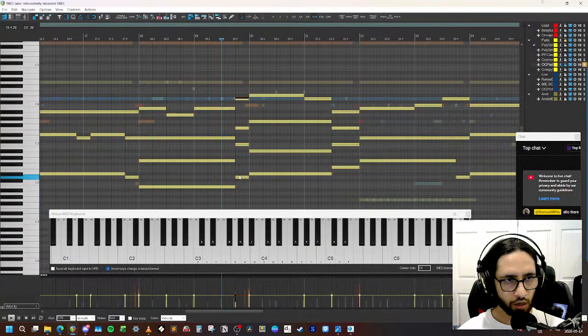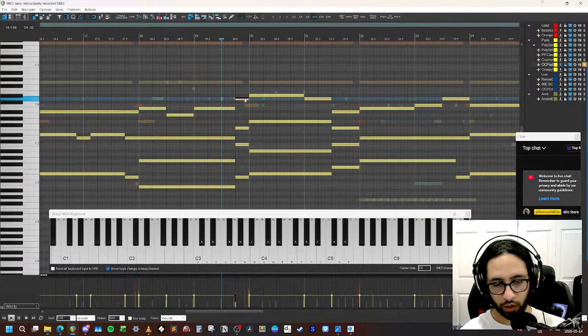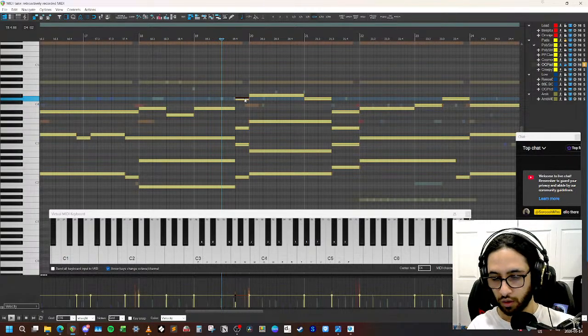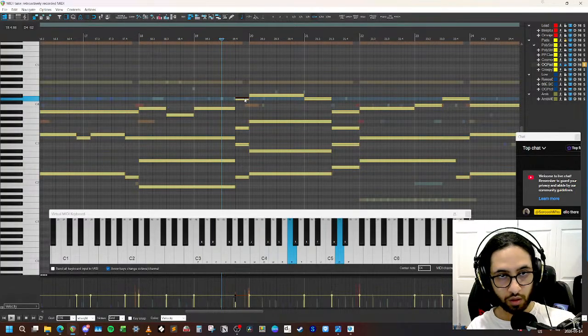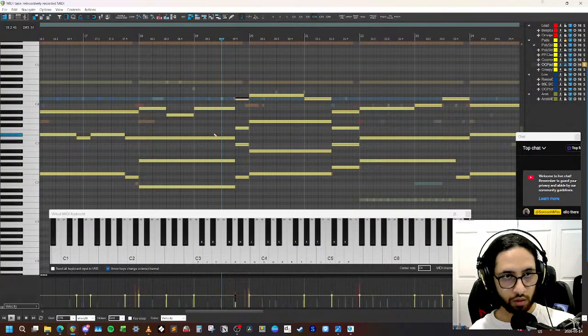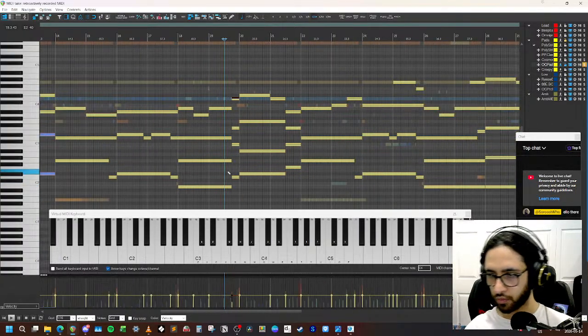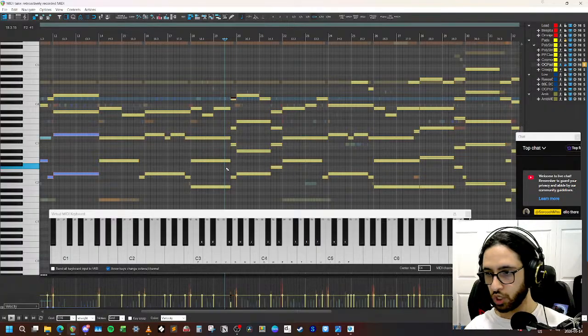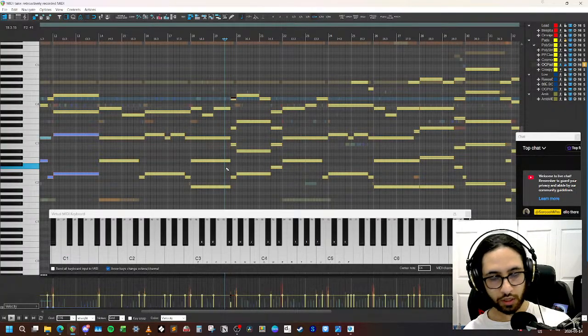Actually, it stops at D minor 7 very quickly, so it's actually a G over B. So the B is in the bass.